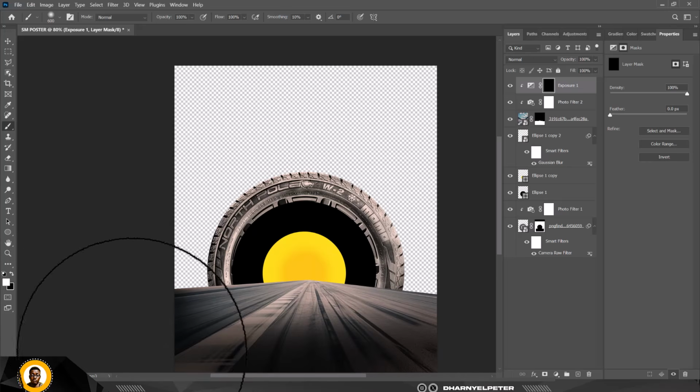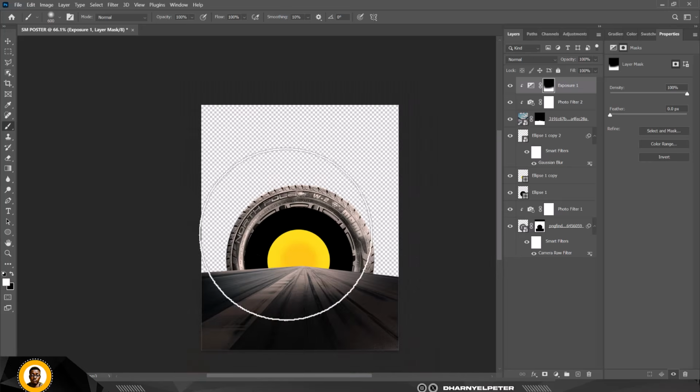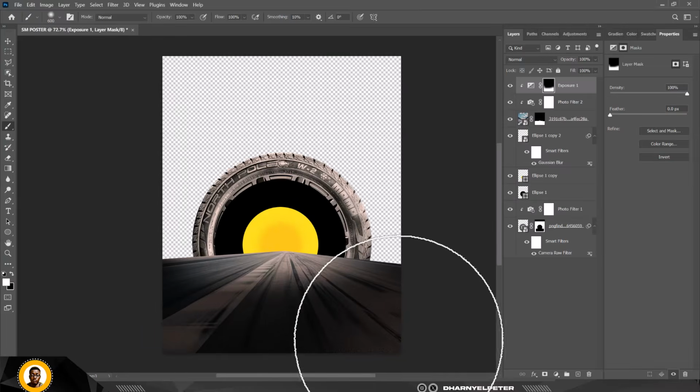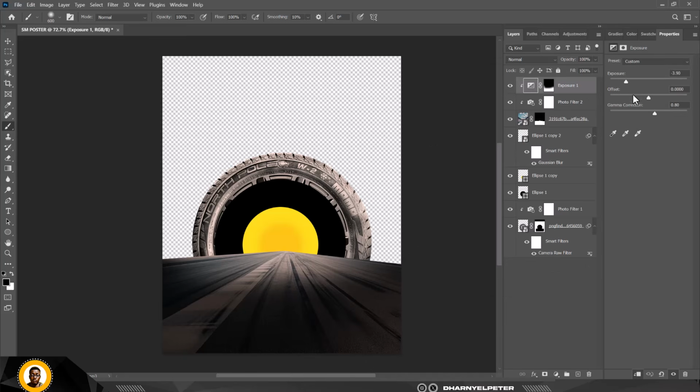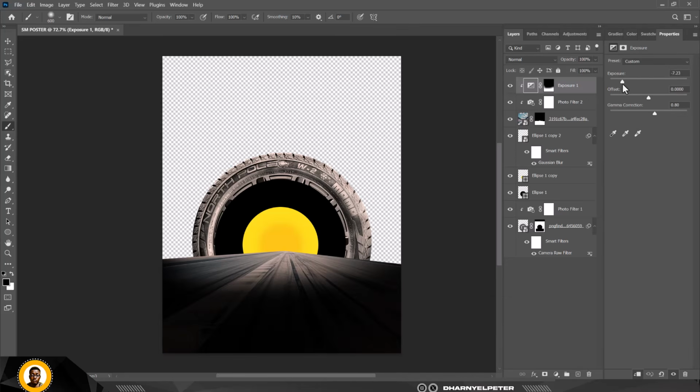So the next thing, invert it, and just make sure you are putting the exposure where it's supposed to be, around these areas. Make sure it's not close to the tire areas. So this is why I want the exposure to be, right? Not on the entire image. Okay. So you can reduce this, or you can leave it the way it is. It's perfect that way,